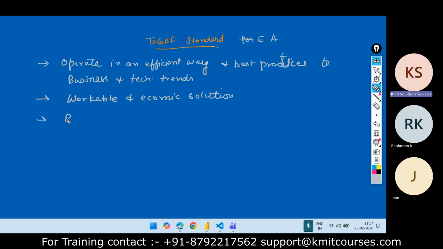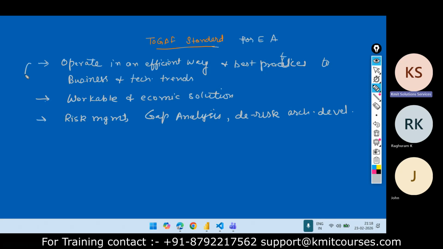Risk management, gap analysis, then de-risking the architecture development is another purpose of this TOGAF standard, which is again very meaningful for enterprise architecture.